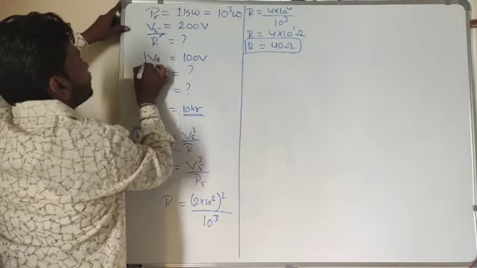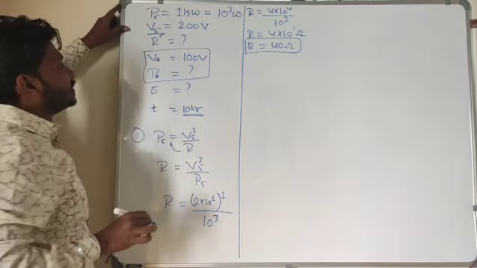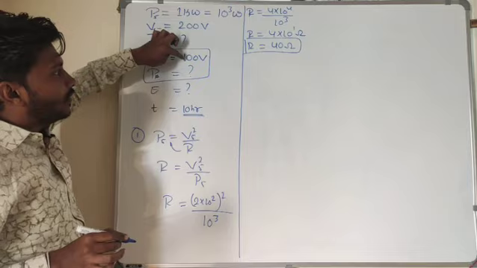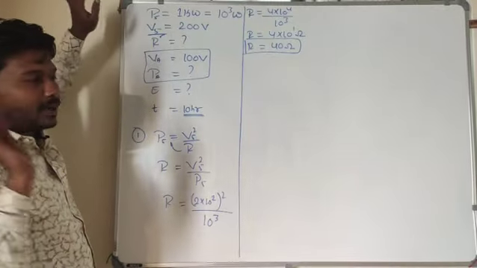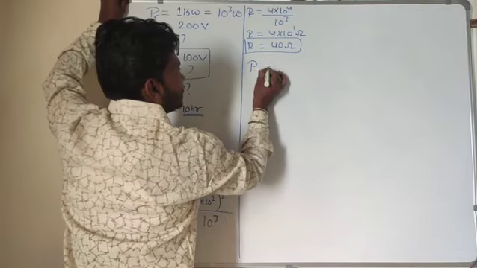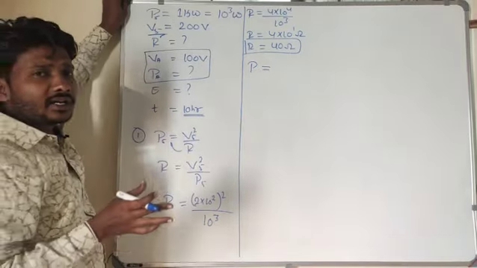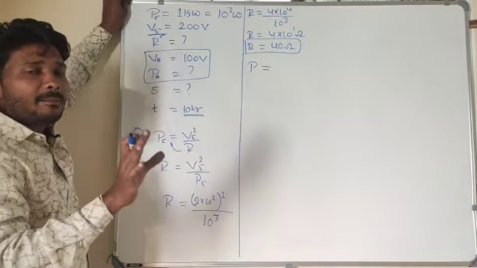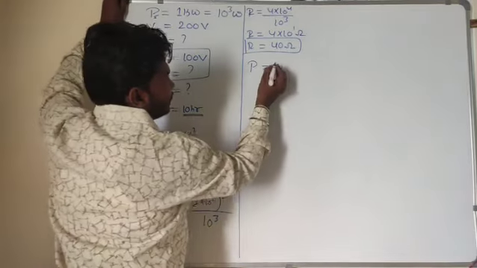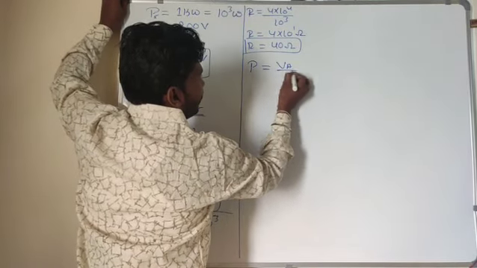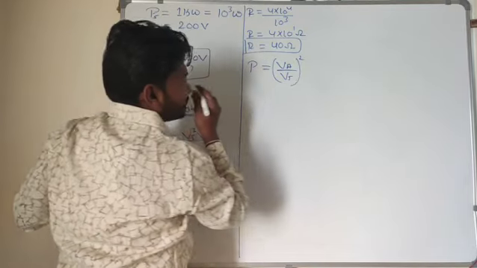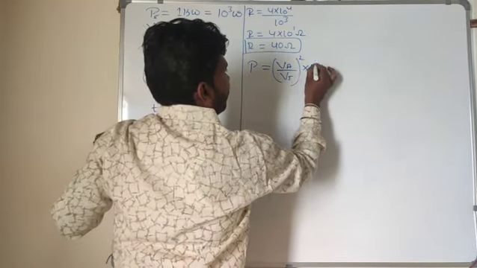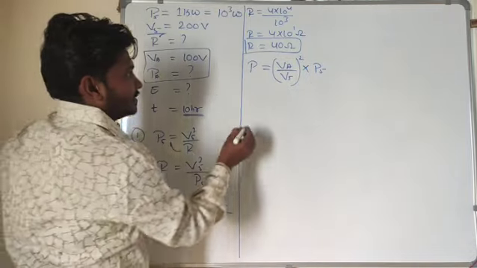Second thing, which I need to find out here: instead of giving supply of 200 volt, if I supply 100 volt, what is the applied power? So what is the connecting formula, the relation between applied voltage and specified voltage? That is V of A divided by V of S, whole square, into the specified power P of S.